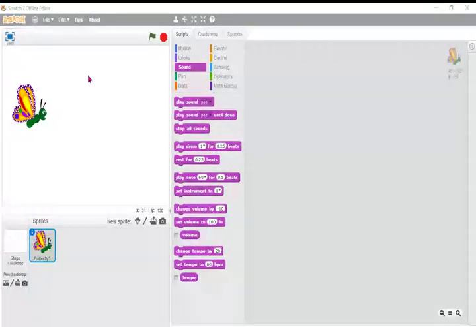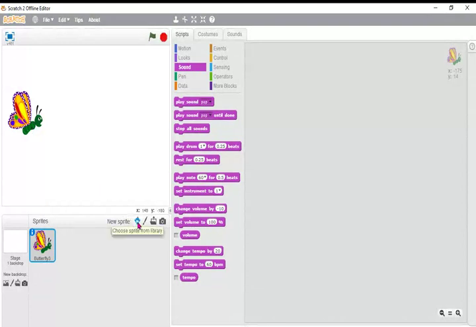So here, this is the scratch program. This is the stage. And we inserted the butterfly sprite, from where? From the library. Here you see library. Then we are going to write the script in the script area. Which is the first block of all the program? Exactly. Which one is it? Cap. Correct? Yes, cap.